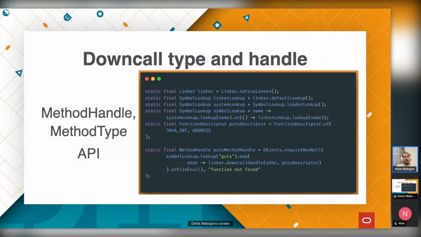The function descriptor is a new type of resource that tells the JVM what method type a method handle must have in order to comply with the original C function signature. It actually means that when you code,